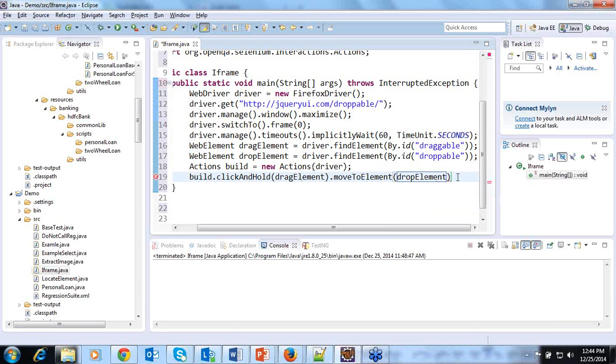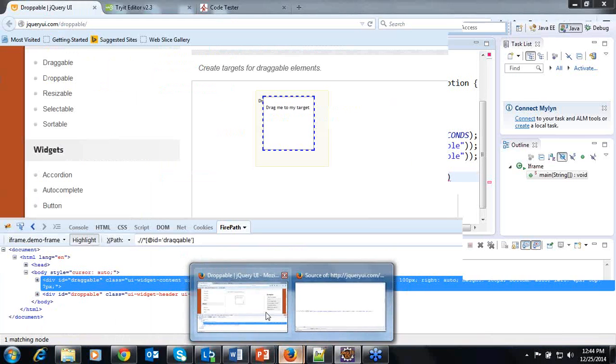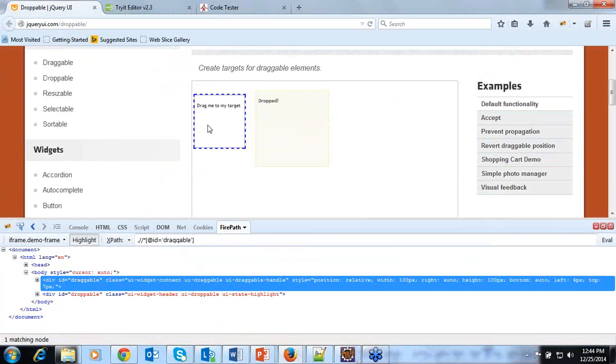image in the application. Now we need to place it. We need to keep the first element or object, that is this one. First click and hold, it is done. Now it has moved to somewhere else. Now where does it have to drop? Here it has to drop. In the second image we need to drop.